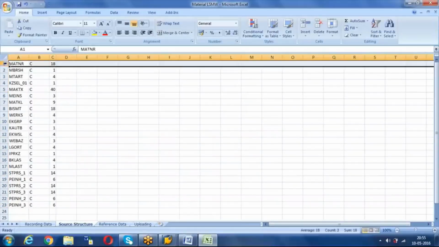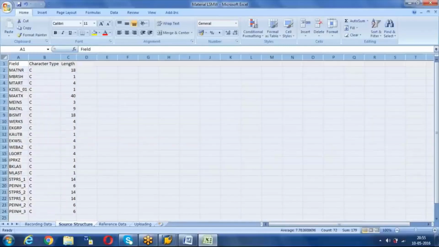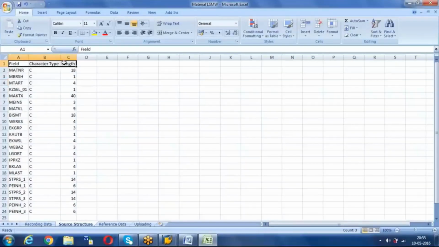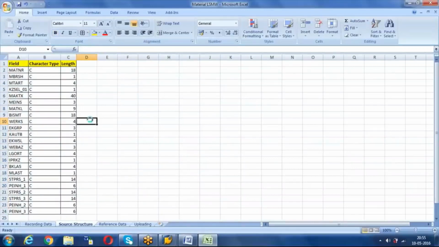We have to keep this in the format of field, character type and length. Okay, these are the 3 columns. Okay, we can keep like this. Okay, here what we have done is just we are keeping in this format. We will come to know why I am preparing this format. Then the reference data,